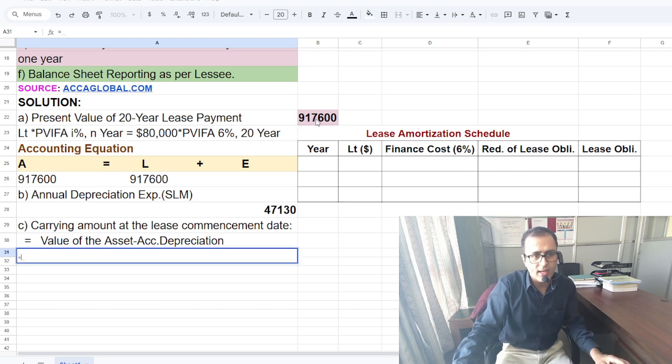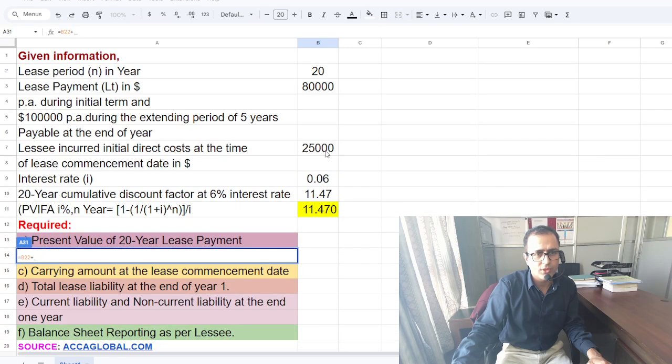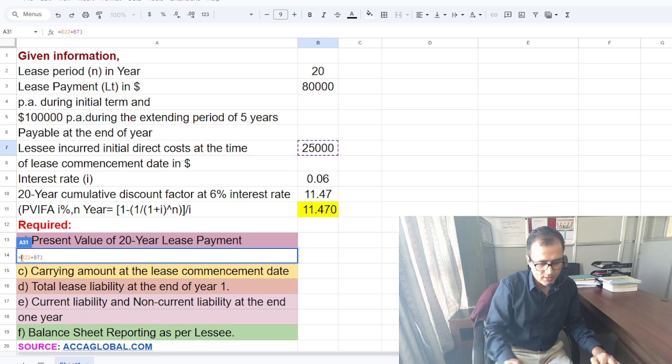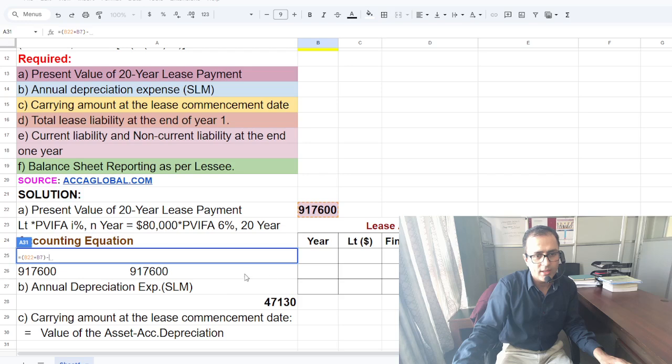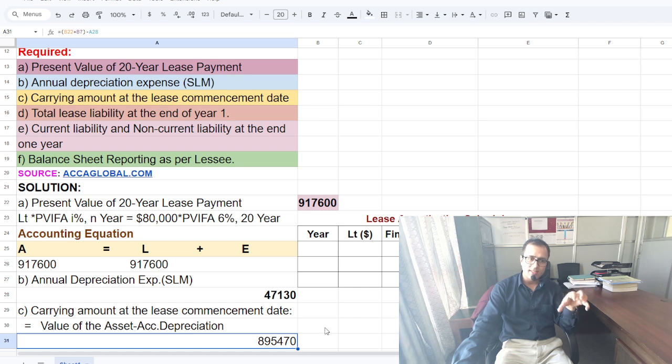Okay, this is 9 lakh plus, we already solved this question, that is 25,000. Then I would use the bracket here. So you have to exclude the depreciation we have just calculated. That means the carrying amount the lessee would record at the end of the year is